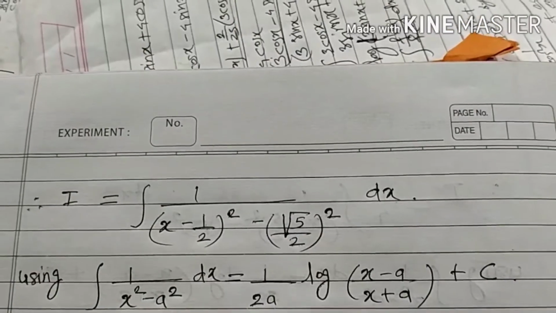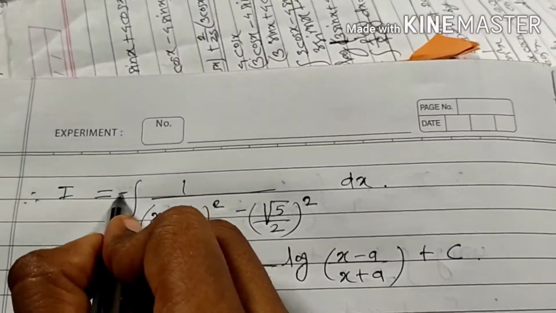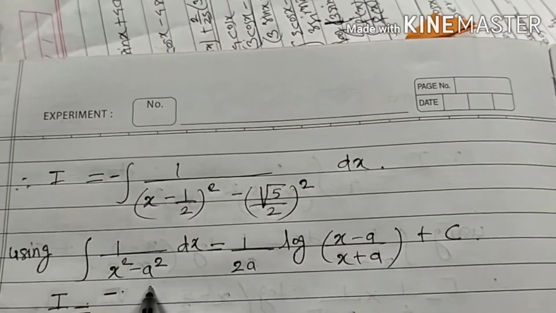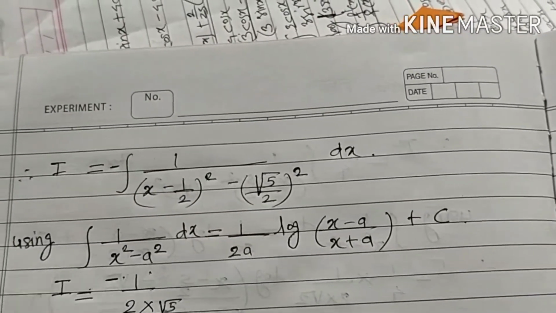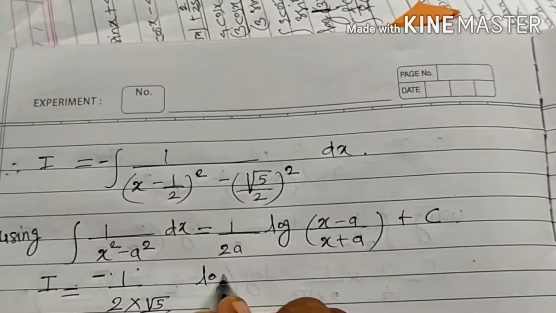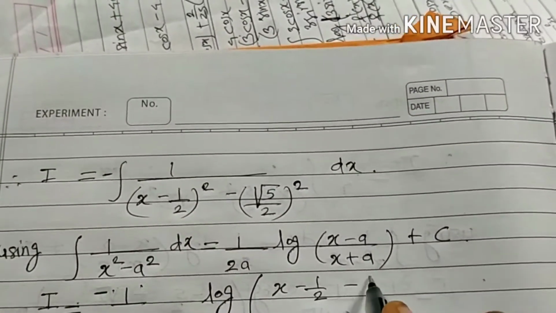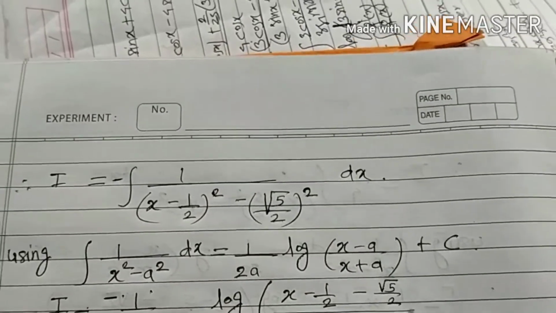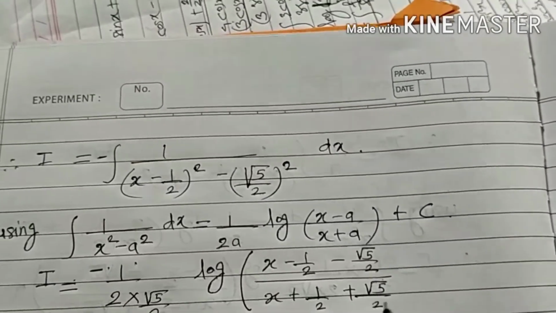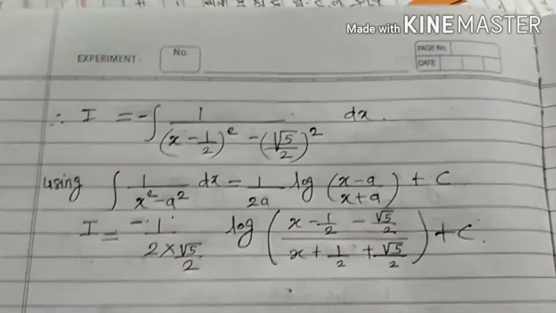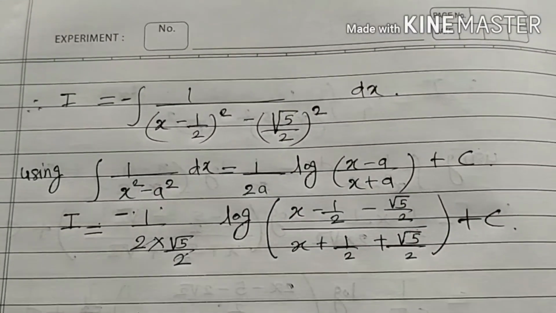Using this, I is equal to, here the minus sign is common, so minus 1 upon 2a, a means root of 5 upon 2, log of (x minus a) upon (x plus a) plus c. So here the 2 gets cancelled, minus 1 upon root 5